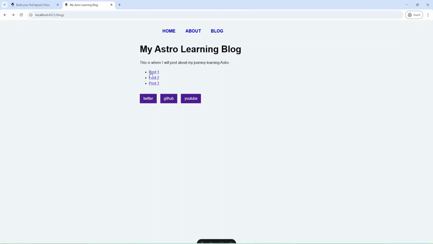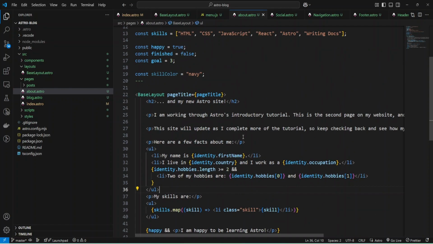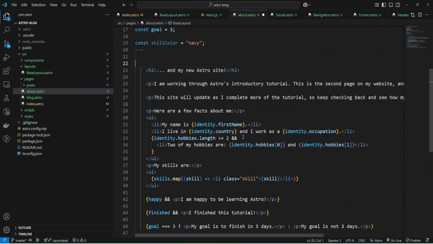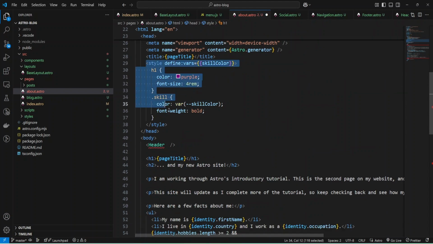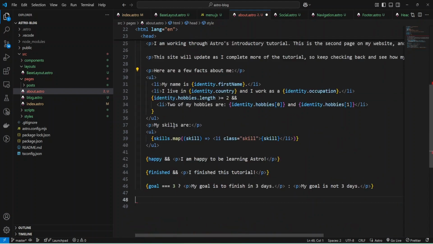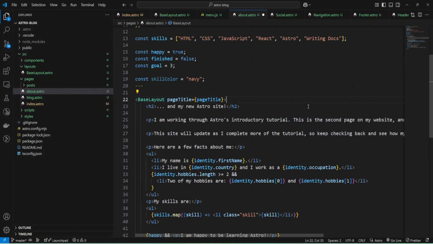I'm going to refresh the page and go to About. As you can see, we don't have styles because we removed them. Let me go back and copy the styles here and then go forward. Okay, and now I need to provide the styles.